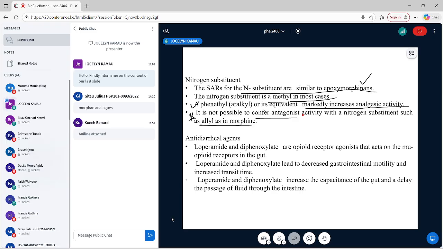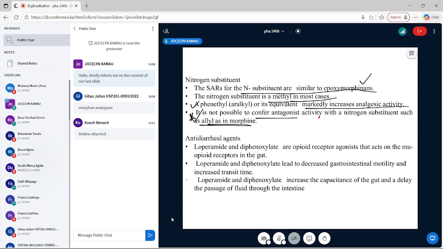We did not see any cyclopropyl group, or an alicyclic group, at position number 1. That is explained by this: it is not possible to confer antagonist activity with a nitrogen substituent such as an allyl as in morphine. Therefore, those groups are not found in these compounds because they have no benefit, and antagonist activity ends at the benzomorphines. The best antagonist activity is produced by the morphine analogs, because once you have the oxycodone,